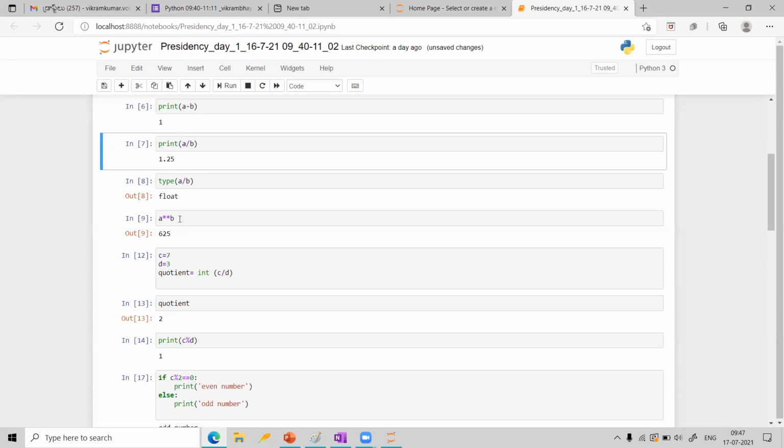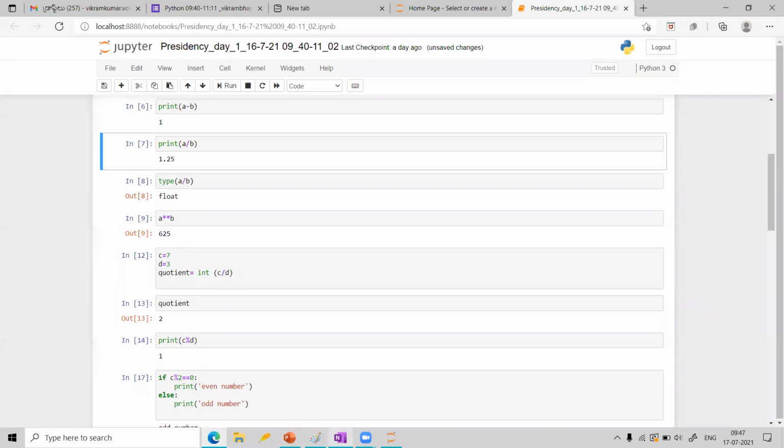Then we have seen one more special operator like a star star b. Can you remember what is the meaning of that a star star b? Power. Yeah, a power b. So that is what it is. Then we have seen some more things like how do you find the quotient and how do you find the remainder.